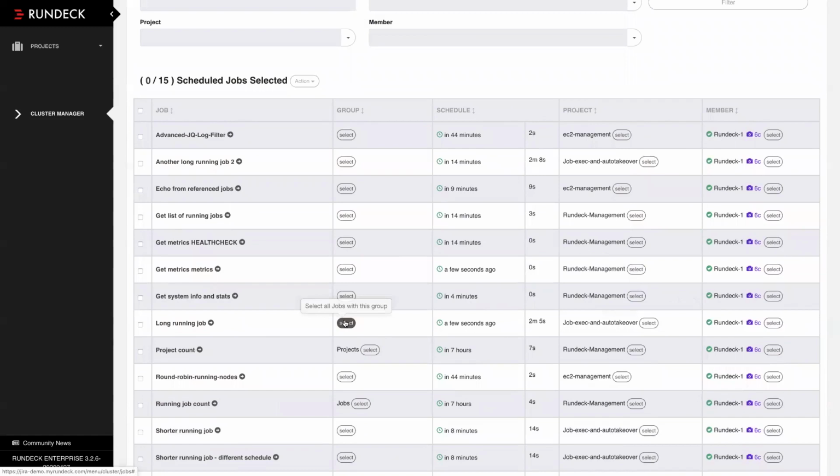So these select buttons, I could select individual jobs. I can select jobs by a project. Here's the project name. I can also select everything that's on a Rundeck server. There we go. So I'm going to go ahead and take everything in the management project and the job execution takeover project, and